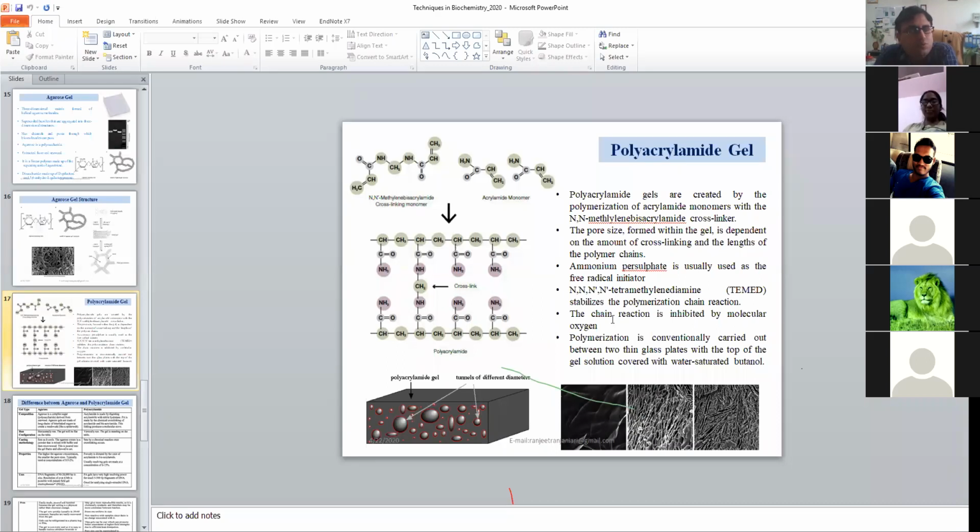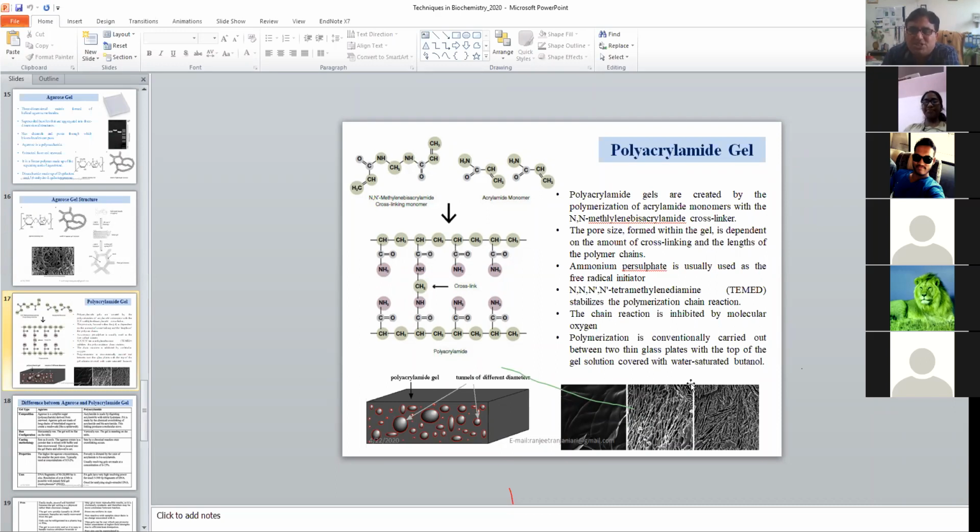Many times it happens that when you polymerize your gel, you add everything, you keep it half an hour, 1 hour, 2 hours, and still it will be in the liquid form. It will not polymerize. The reason is a lot of oxygen molecules are there which hinder the free radical polymerization reaction, and because of this your gel is not polymerized. So the answer is you have to degas your sample before loading. Once you degas the acrylamide and bisacrylamide, then you load it on the gel, then you add APS and TEMED. Once you add these two and load it on the gel, within 20 to 25 minutes it will cast. It will polymerize.